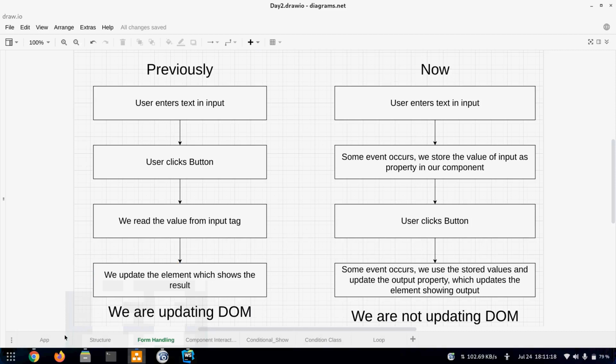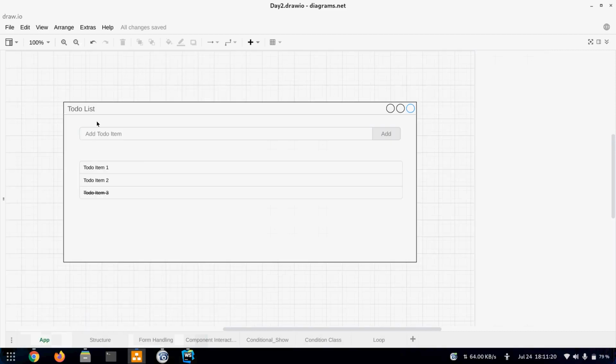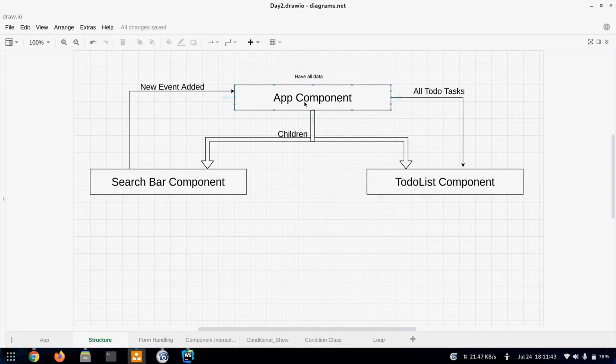Okay, so I'll repeat it once more. First, we are going to create an app that looks like this. It will have a search bar here, and then whenever we click on add, it will automatically populate the list of items. We have our app component here.